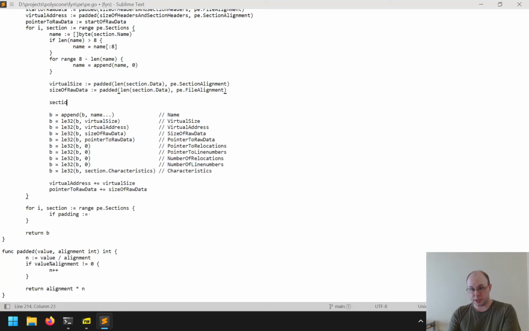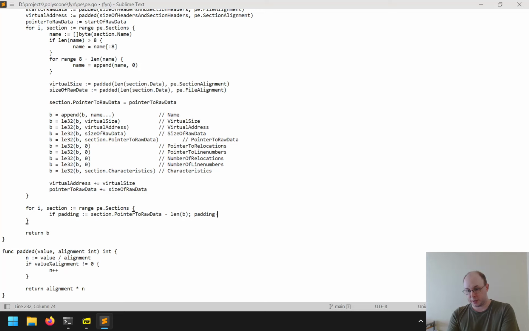So we'll say section dot pointer to raw data equals this. And we'll just use that here. So that way we can basically say how far are we until then. So the pointer to raw data is here, the padding will be minus len of b,